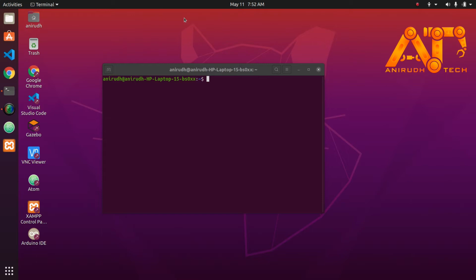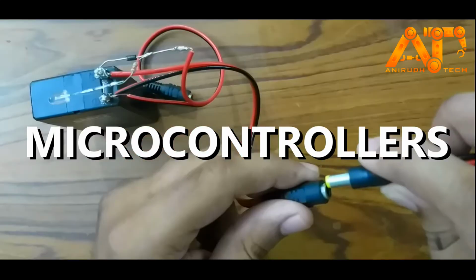In the last section we saw how to make our workspace in ROS, and in this section we will see how to make your first project, that is a ROS package, and also to make our first node, that is our first ROS program. Also I am just summing up the process of workspace creation because many of you get errors, so I hope I can make it easy for you. Welcome to the section.